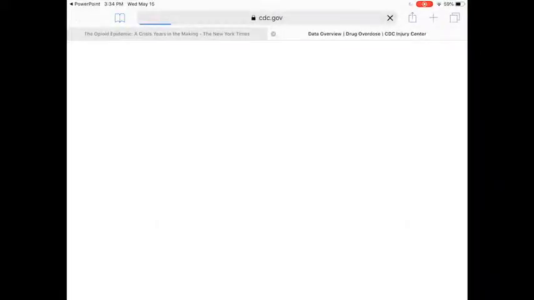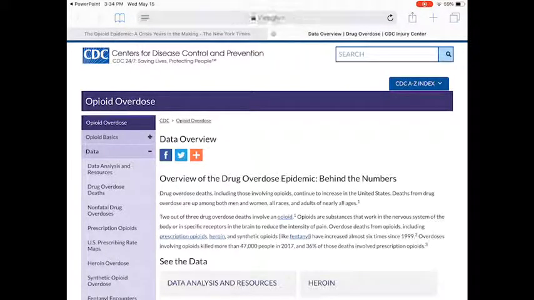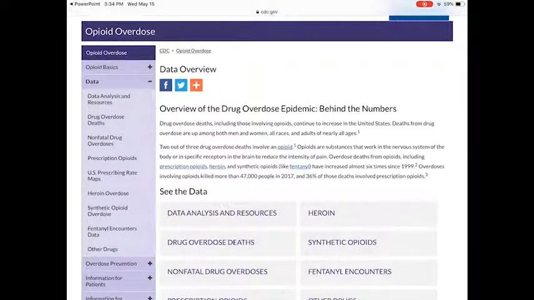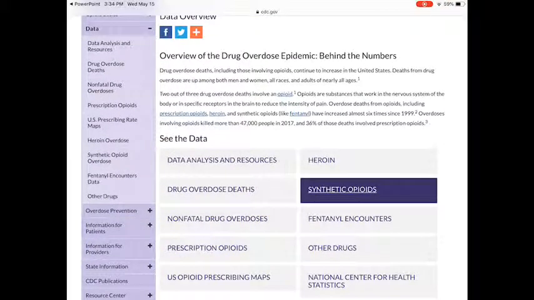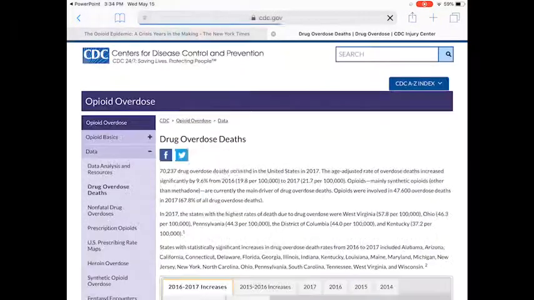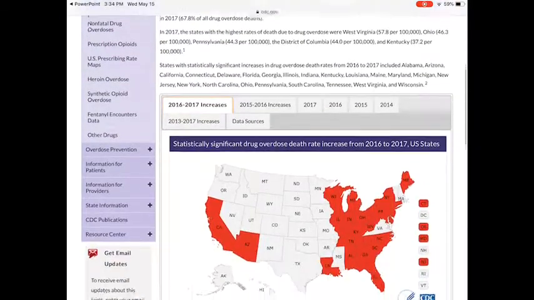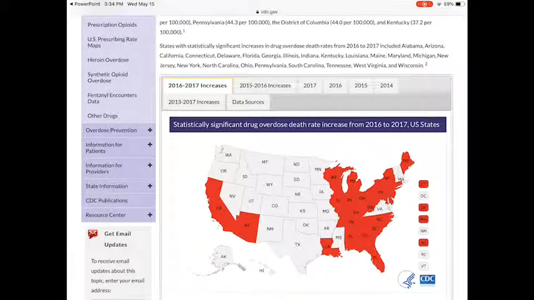So to look at a little more data here, again, I show you a lot of these resources because I think a big part of public health is just diving into the resources and knowing where to find information, not only for you and how to get data, but also for your clients. So when we look here at the overdose epidemic, there's so many things I could go to, but first what I want to show you is just overall drug overdose deaths. This map here shows where we've had statistically significant increases in drug overdose death rates from 2016 to 2017. So our state is in there where we've had major increases over recent years.